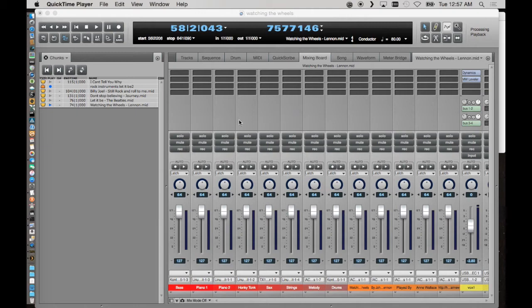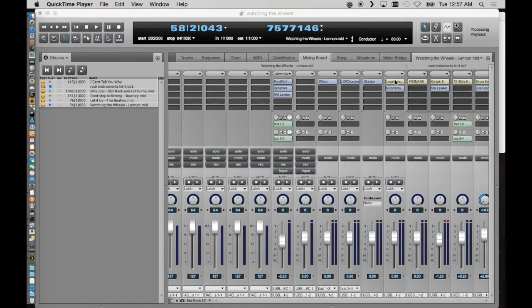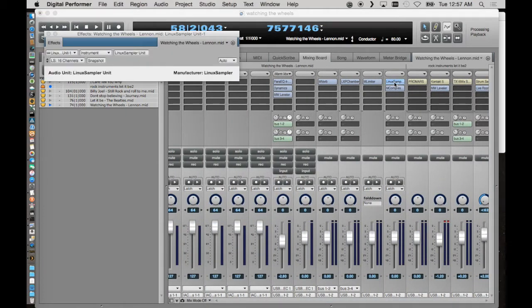Oh, this is interesting. All right, so I'm ready to load the Linux sampler, and this is rather complicated and requires some learning here. Now, in the past,